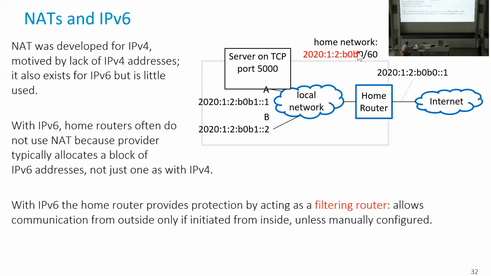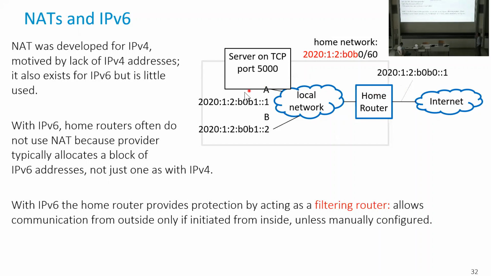That means that the last hex digit of this is available for me. And I can have, for example, 16 different IP addresses here, which is probably the minimum you get from an IPv6 provider. If you get that, then there is no need to do a NAT. NAT for IPv6 exists. You can do it, and with iptables, you can do it manually. There's also some software that does it, but in principle, your home router will not do it for IPv6